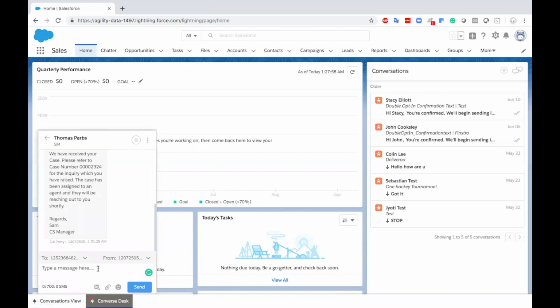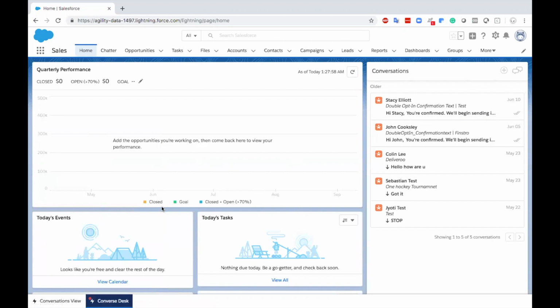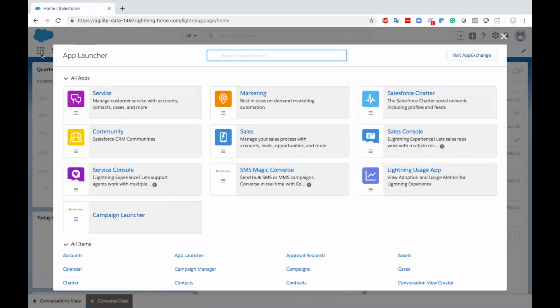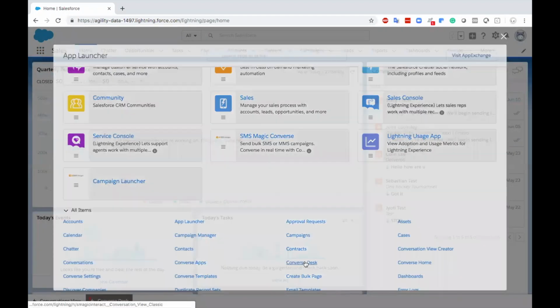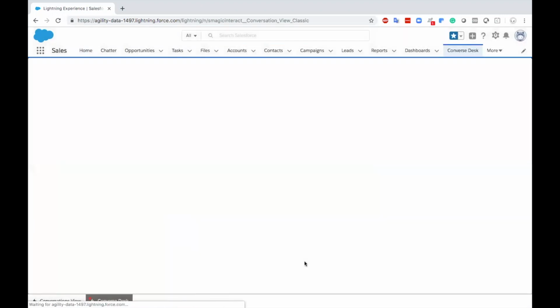So I do not have to go to the record which has been created for it. I can simply text back and I can get back to doing my work from here itself. Apart from that, there is of course a need wherein you want to communicate with multiple people at the same time. So for that very purpose, we've created a messaging inbox for your users to see all of your conversations in one place.